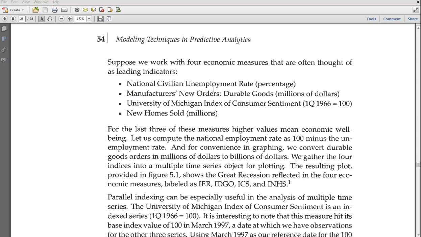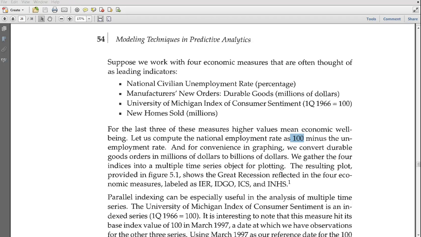Okay, the next thing he says is we want to change this, because when unemployment goes up, that doesn't mean that the economy is getting better. So what he does is he takes 100 minus the unemployment rate, so that when that goes up, it's like the employment rate. When that goes up, that will generally mean that the economy is doing well.